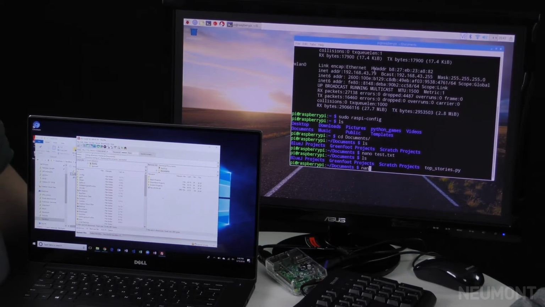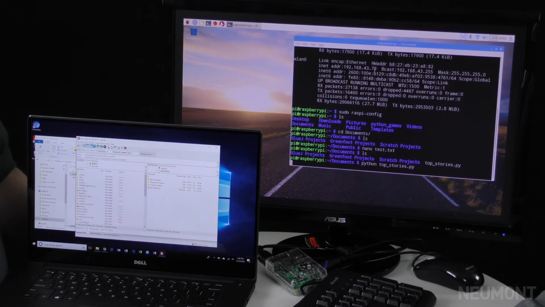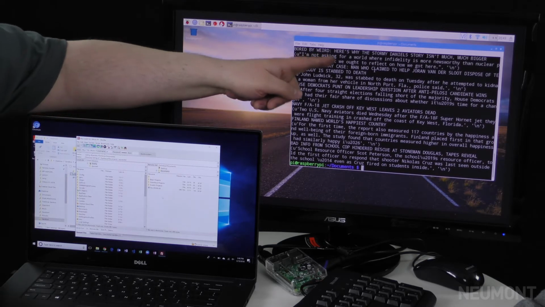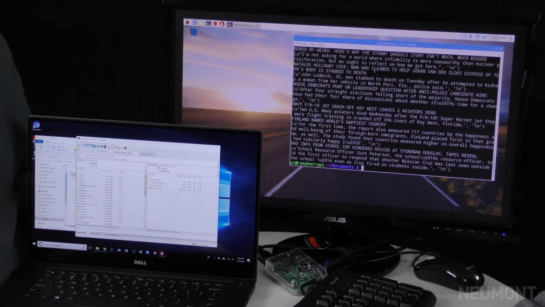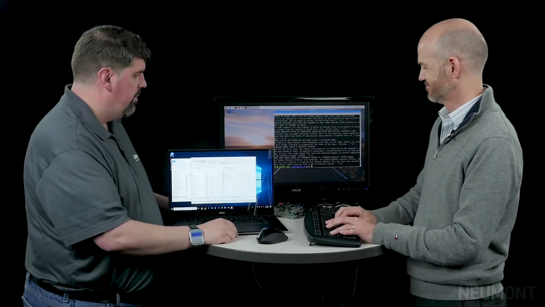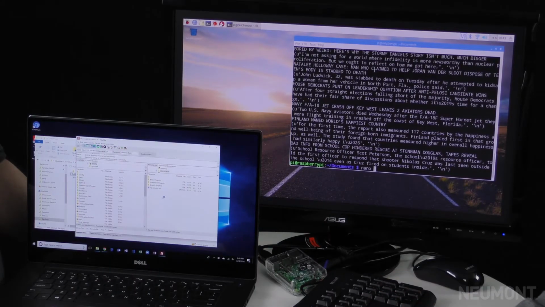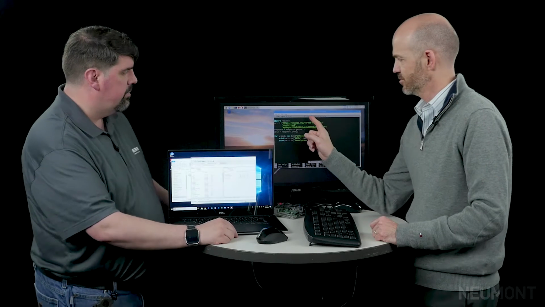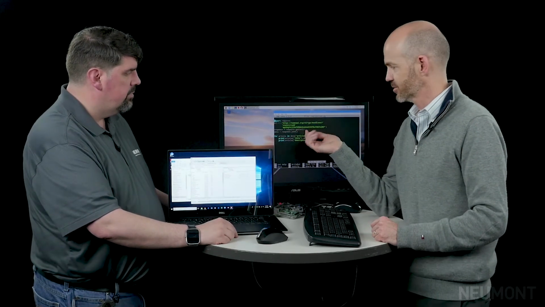And if you type in python top_stories.py and hit enter, it lists a whole bunch of top news stories that it's reading from the internet. This is the beginning of a project that I'm working on. Hopefully we'll share that with you in the future. And if I wanted to see the contents of that, what was the name of the file again? top_stories.py. So I'm going to use a text editor here to take a look at the code that we actually